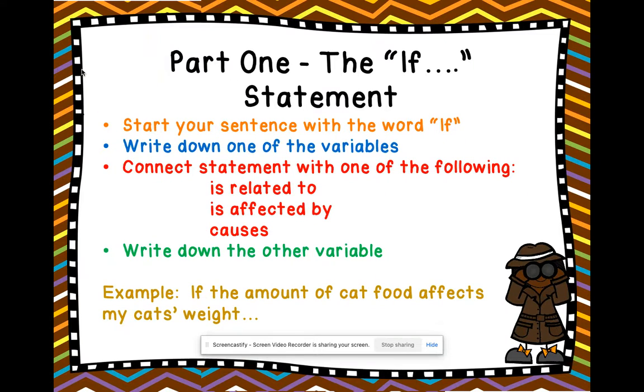Here's a great example of what I mean by starting your hypothesis. If the amount of cat food affects my cat's weight, and the ... represents you still need to finish your sentence. So this leads me to believe that this student is testing the amount of cat food and how it's affecting the weight of his or her cat. So the student might say, if the amount of cat food, so if I increase the amount of cat food,